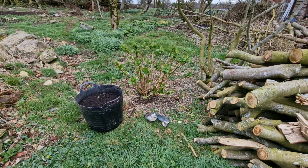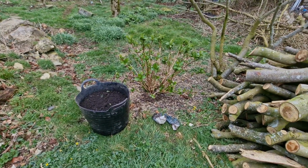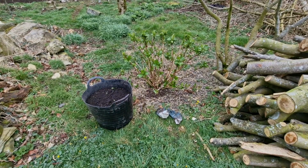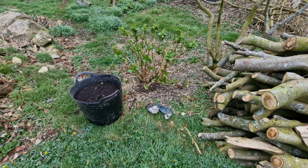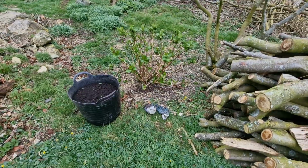Hi again, we're by the hydrangea now. I'm about to do a mound. I'll put some soil around the hydrangea. I've spoken about this method of propagation in other videos of mine, but if you haven't seen them, the basic